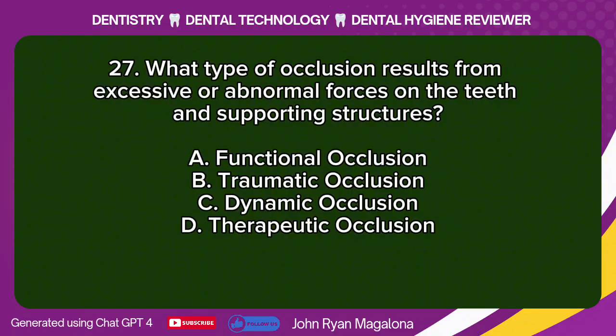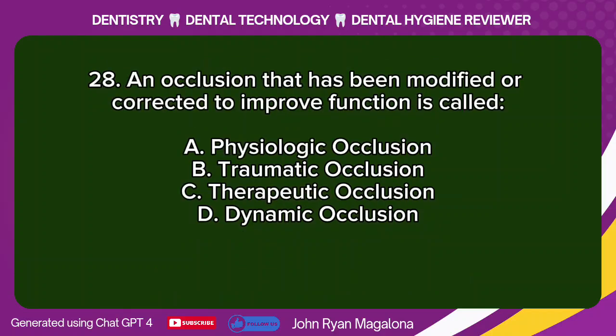27. What type of occlusion results from excessive or abnormal forces on the teeth and supporting structures? A. Functional occlusion. B. Traumatic occlusion. C. Dynamic occlusion. D. Therapeutic occlusion. Answer: B. Traumatic occlusion. 28. An occlusion that has been modified or corrected to improve function is called: A. Physiologic occlusion,